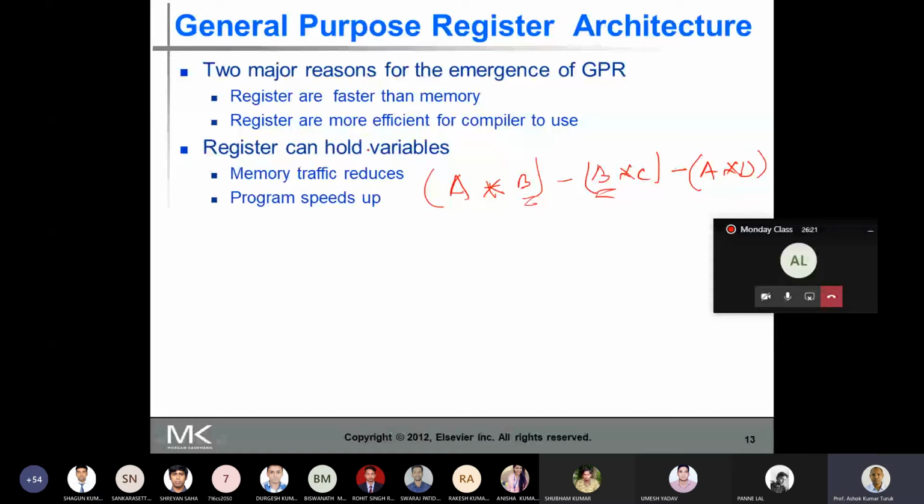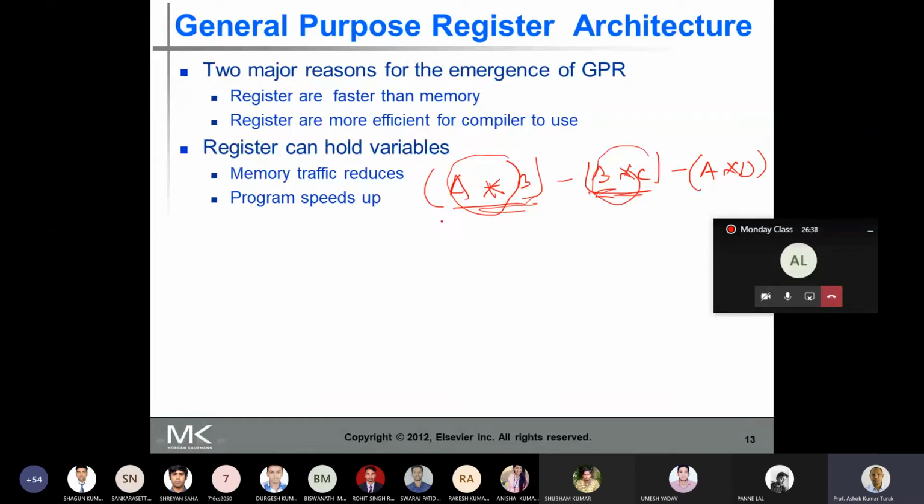Every time I compute a sub expression, you need the value of B. If B is present in a register, for computing this sub expression you can access the register, and for computing the other sub expression, you can use the same register.